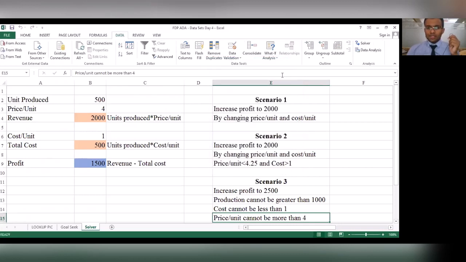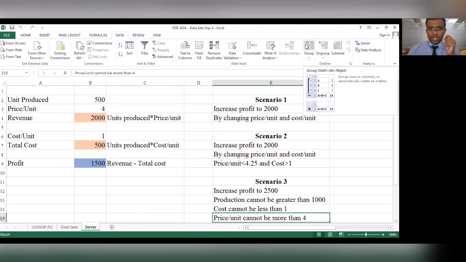Now the add-in for statistical analysis is enabled. By default, statistical analysis is not enabled on your Excel, but if you activate this add-in, you will be able to do statistical analysis using Microsoft Excel.